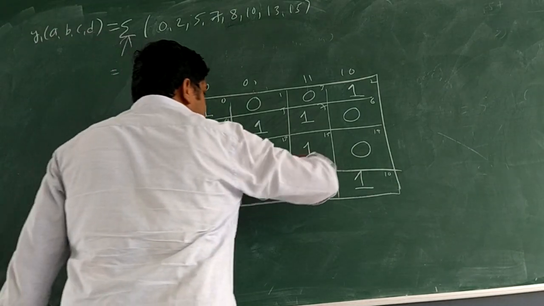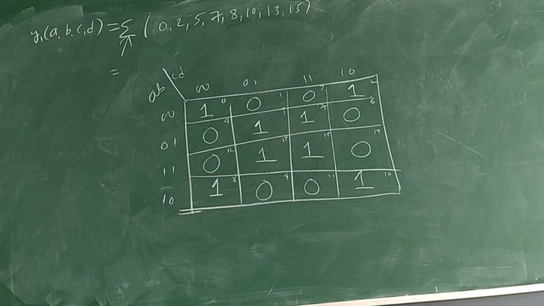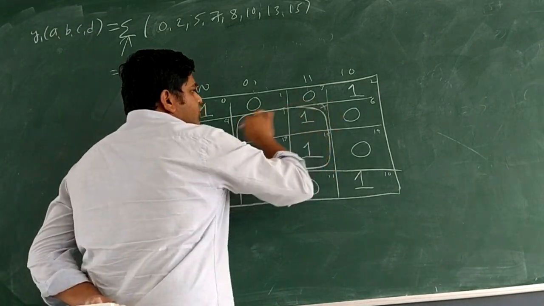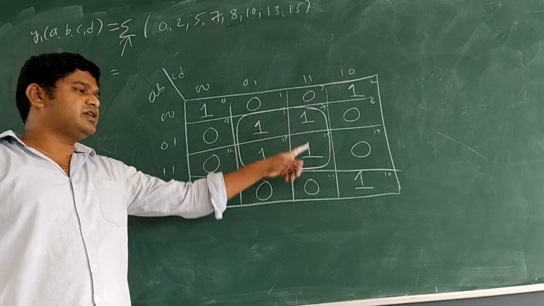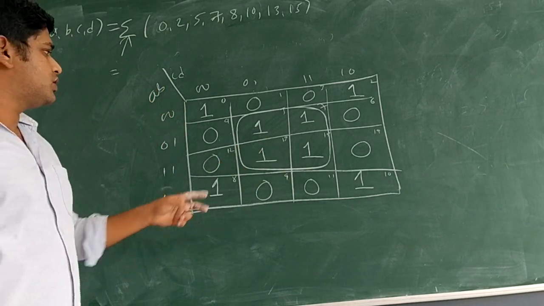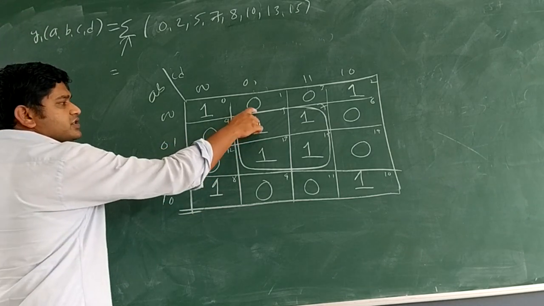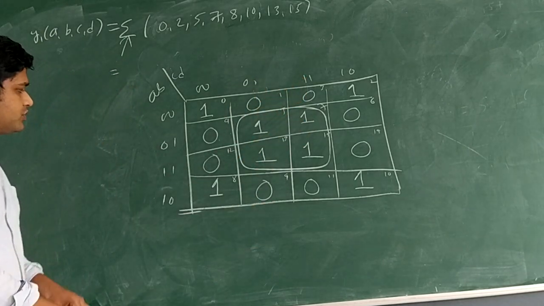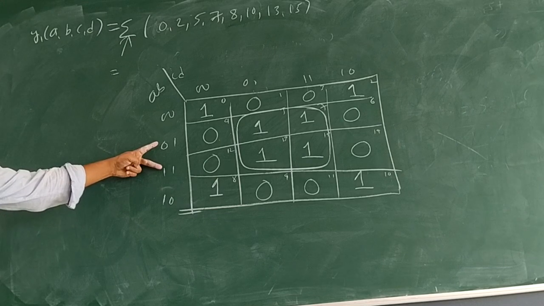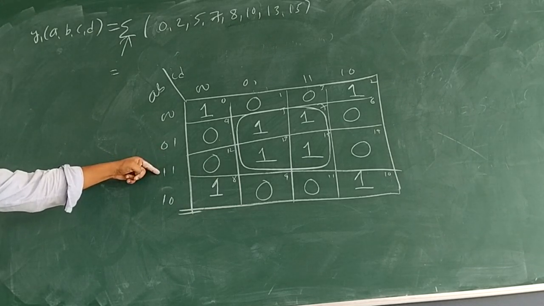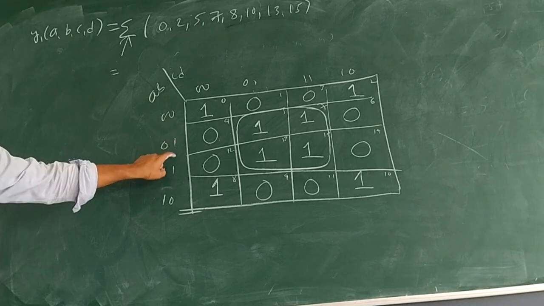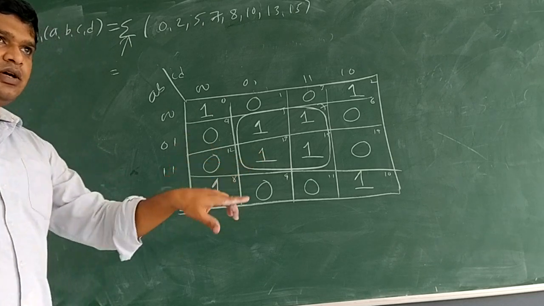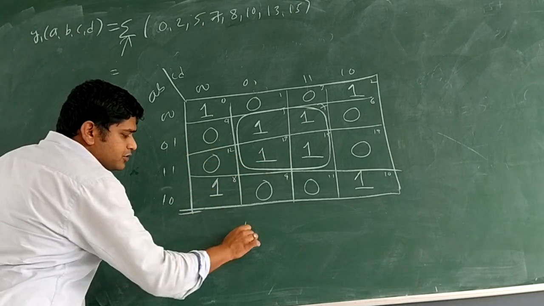So we cannot put a cover horizontally or diagonally. So what is the option we have? First option, see this. Why am I opting this? Because they are adjacent and they are 4 in number. So what is the function now? So where is this cover present? This cover is present between second row, third row, second column, third column. So now here identify the change of variable. This is 0, this is 1. Hence the first variable cancels. What is the second variable? B. Is it 0? If so, write B complement. If not, write B. Now it is 1. Hence I will write B.